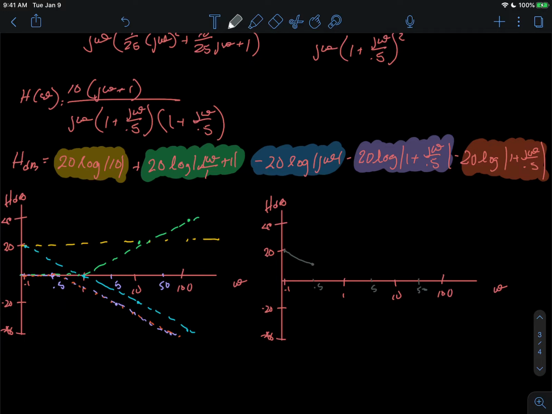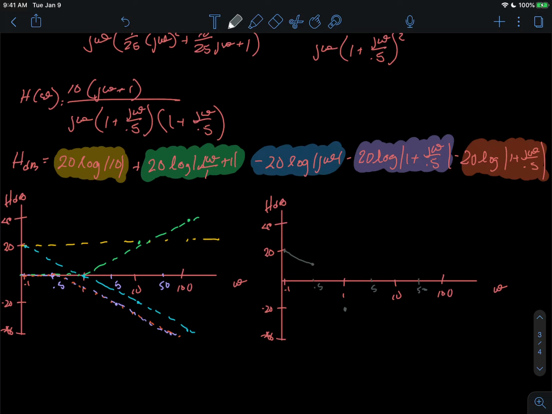Actually, I lied. You have 60 dB per decade because you have this blue pole, which has 20, and then you have both of these combined, which has 40, so that's a 60. So 60 per 2 decades, so you're traveling half a decade, so that'll be a 30 drop. So it would be right around here. And then